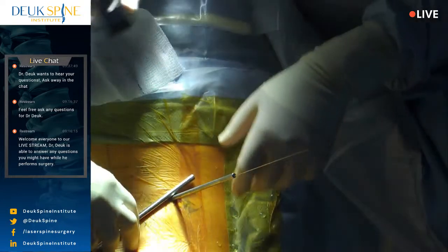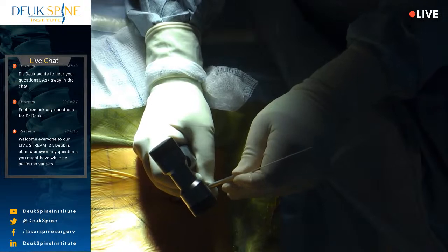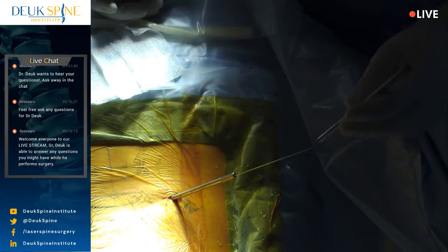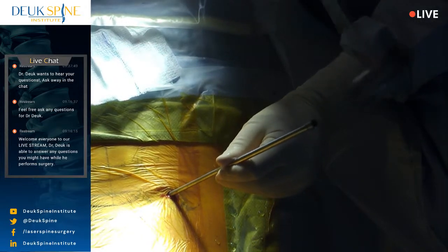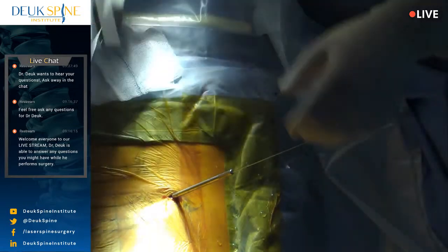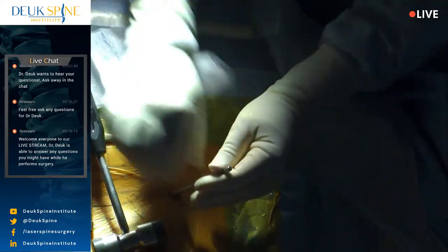I see the guide wire is moving just a little bit forward. I'm going to pull it back just a little bit. I don't want it going into the pelvis. And then I'm going to come back and shot. All right, so at this point I'll take the guide wire out and we'll just advance